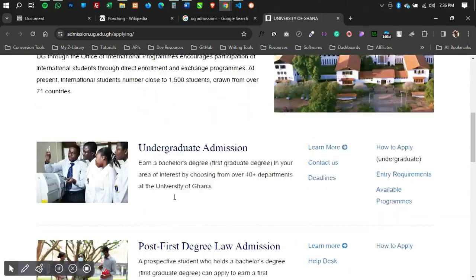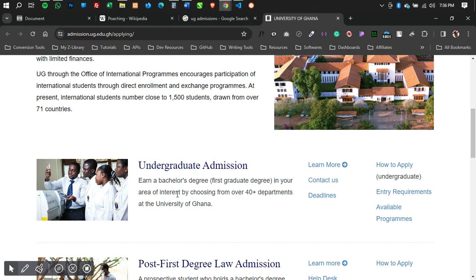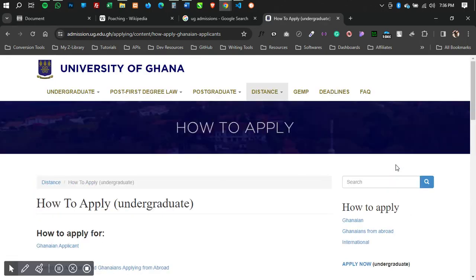Somebody who is hoping to apply into the University of Ghana, right? When they land upon this page, maybe the person is going for undergraduate admissions. So they just click here, how to apply, and it's okay to actually let the page load inside like this.